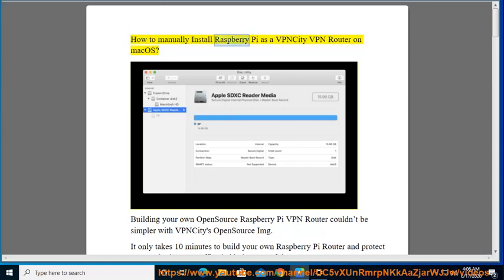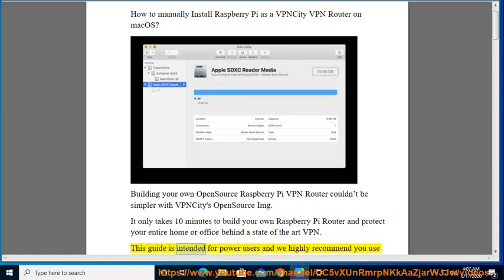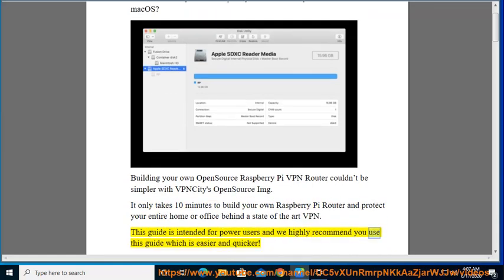How to manually install Raspberry Pi as a VPNCity VPN router on macOS. Building your own open-source Raspberry Pi VPN router couldn't be simpler with VPNCity's open-source IMG. It only takes 10 minutes to build your own Raspberry Pi router and protect your entire home or office behind a state-of-the-art VPN. This guide is intended for power users and we highly recommend you use this guide, which is